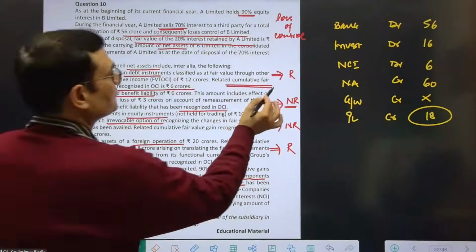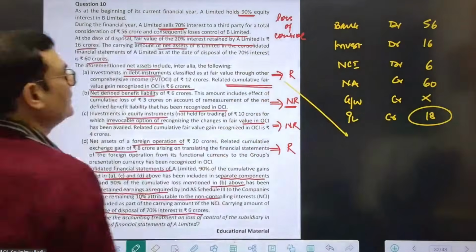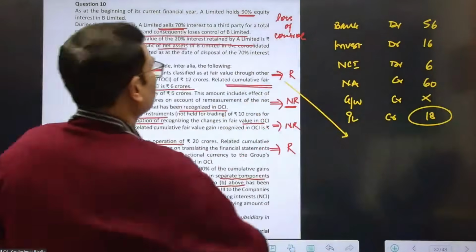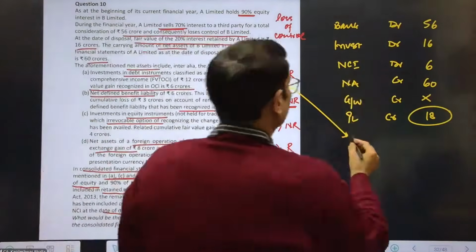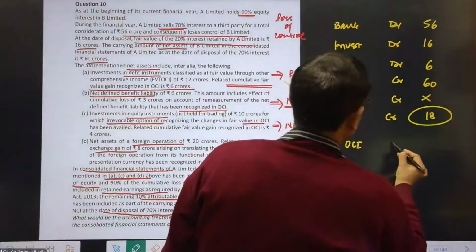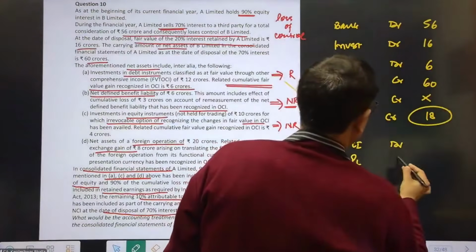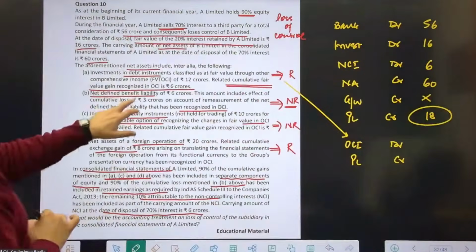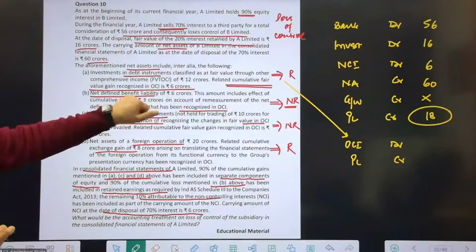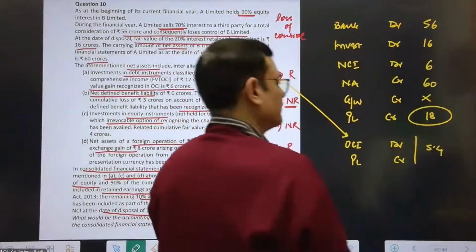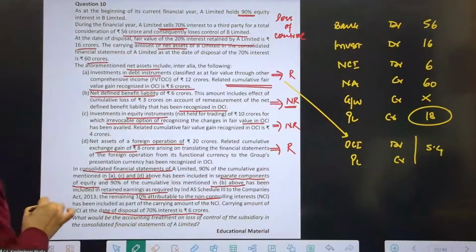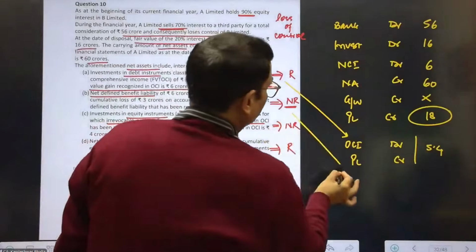So let's begin with the first point. So what is the amount of cumulative amount in OCI? Can I say the fair value gain is 6 crores? So what will I do in this particular case? Can I say I will debit my OCI and credit the P&L because it is a case of R. So out of 6 crores, 90% becomes how much? 5.4 crores. And what about the point number B? Is there any entry to be done for point B?